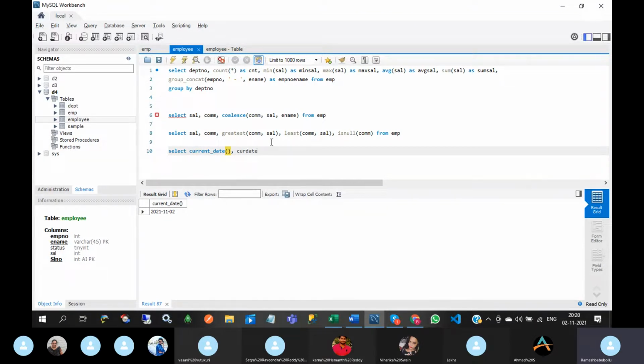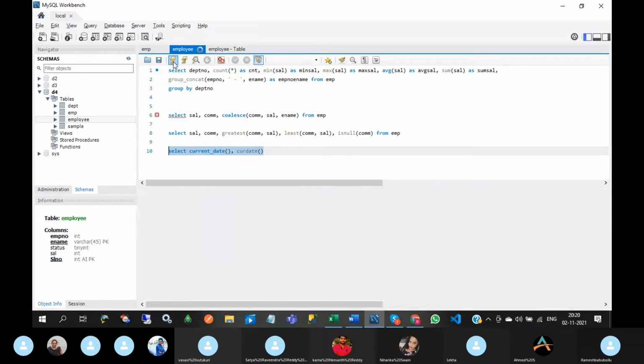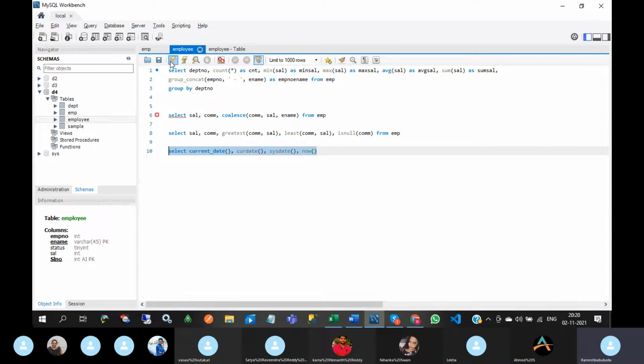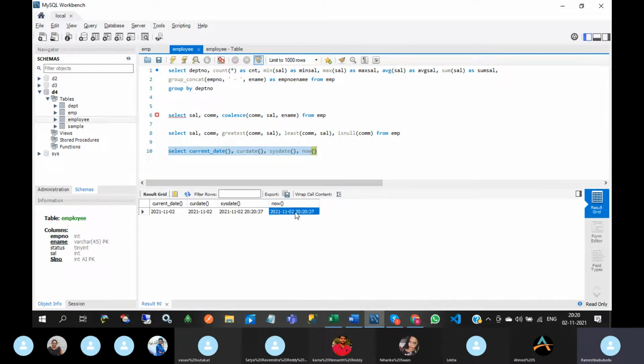You can use this one also to get the date. If you use this date, then you will get the timestamp also. You can use now also. So you can get the timestamp along with the date.